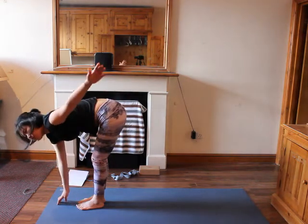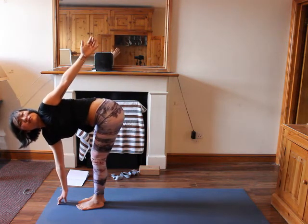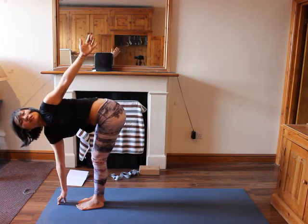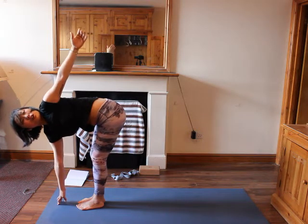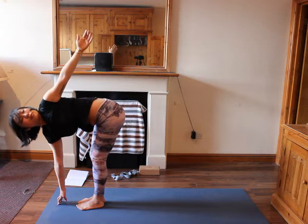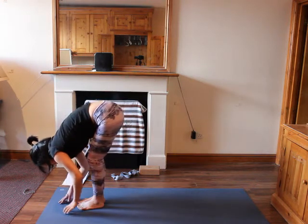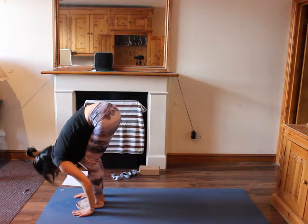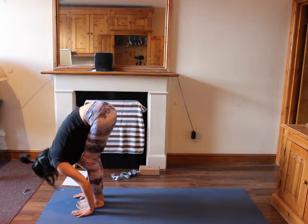Inhale, lift up your right arm up. Open up your chest to the left. Try to keep your hips squared. Really engage the sides of the muscles to help with the twist. And then exhale down. Now fold your upper body towards your legs, but the priority is to keep your spine